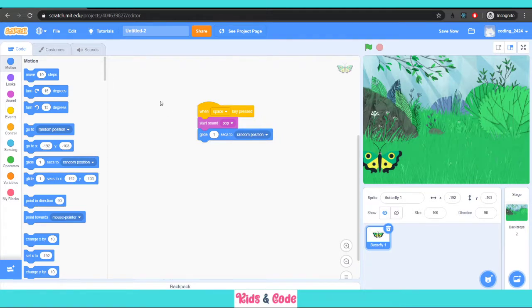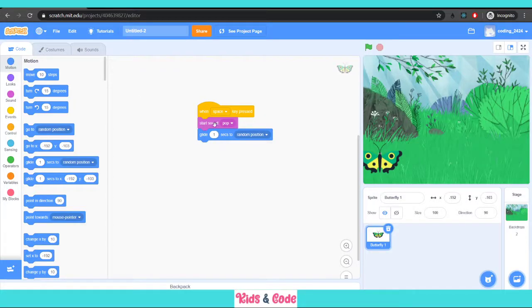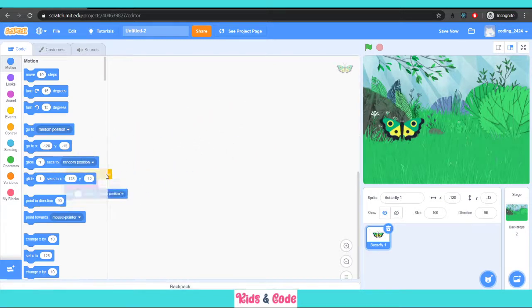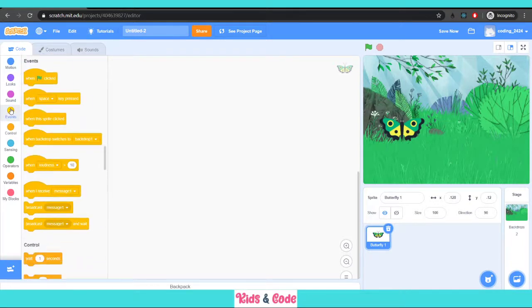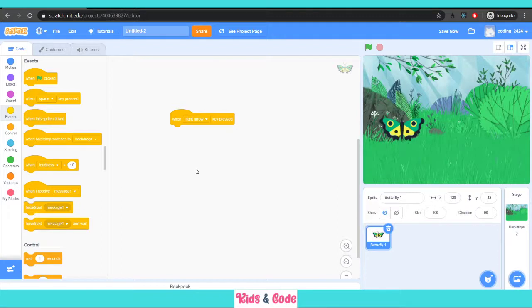Okay, so next thing which we want to do is we want to make it go right and left and up and down. So to do this, we can simply use this sprite only. We can use the same sprite. What we can do is we can go into events, and we can say instead of space key, let us say that when I press the right key, it should move into the right direction.